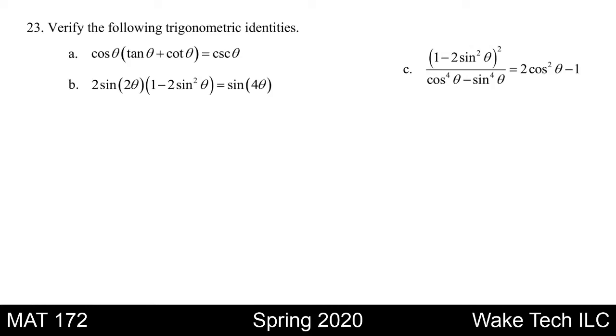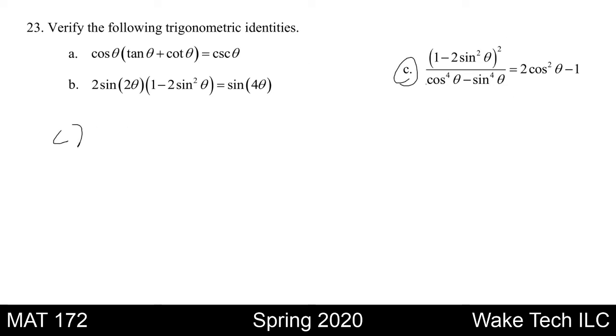Verifying a trig identity is a lot like simplifying a trig expression in that we use trig formulas and some basic algebra in order to simplify. However, in verifying a trig identity, we run with the added benefit that we have a goal. We know what we're going to end up with. In this particular question, let's say part C here, right here,